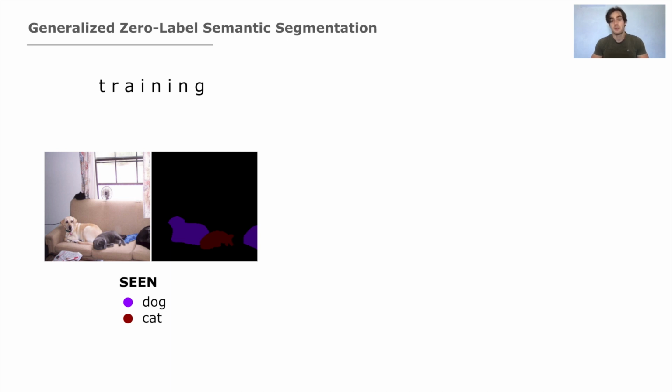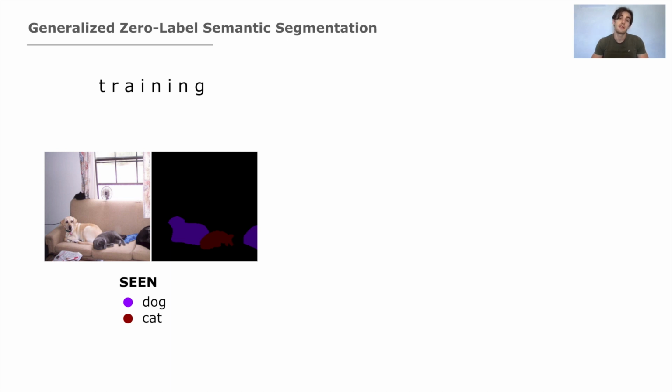In the image presented before, we saw that not all the present classes are labeled, and this happens at training time. Please notice the difference with the zero-shot assumption. In the zero-shot, it is assumed that no pixel of an unseen class is ever seen by the model at training time, while in zero-label, the training set includes many pixels from unseen classes, but they are labeled as background. The latter is obviously a more realistic scenario, as both in the commonly used datasets and in reality, there is a large amount of class co-occurrences.